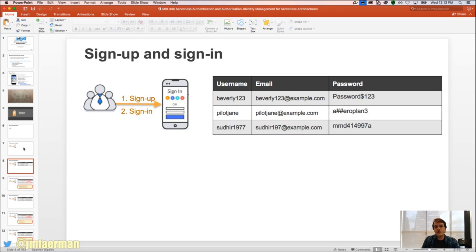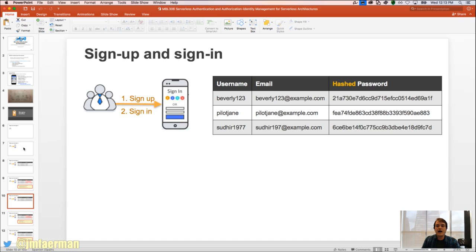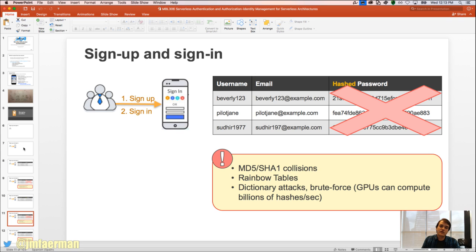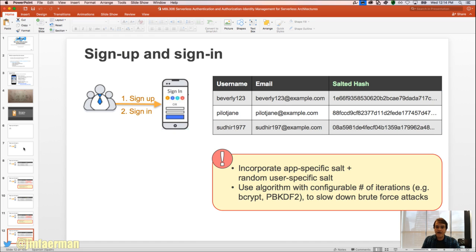You know that storing user passwords in plain text is not especially a good idea. And then you learn that hashed passwords are better, but they're still not perfect. You have to select the better hashing algorithm, and they're still subject to lots of attacks. So we have salted hashes for even better solutions and being a bit more safe, where you add a per-user hash together with your password hash, and this would be much more secure and harder to break, but